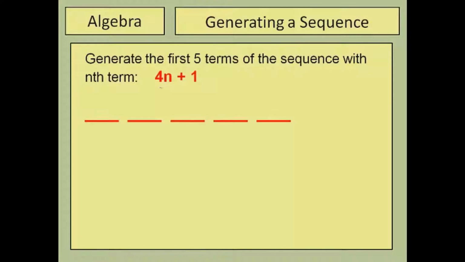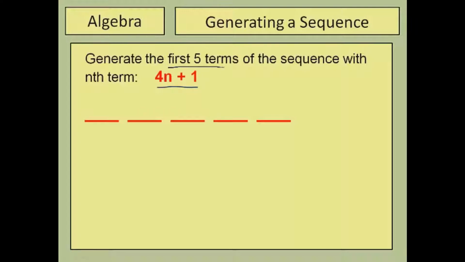In this video we're going to look at how you generate a sequence when you're given an nth term. An nth term is just a piece of algebra that has an n in it. So this expression here, 4n plus 1, that's an example of an nth term. Now, we've been asked to generate, and generate basically means find or work out, the first 5 terms of the